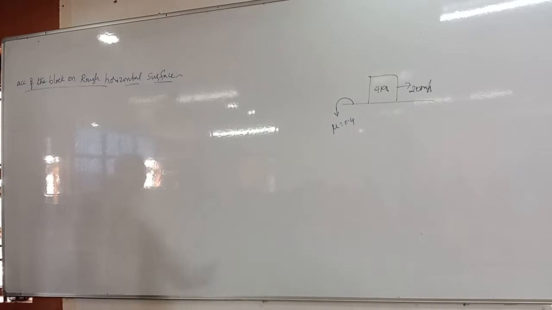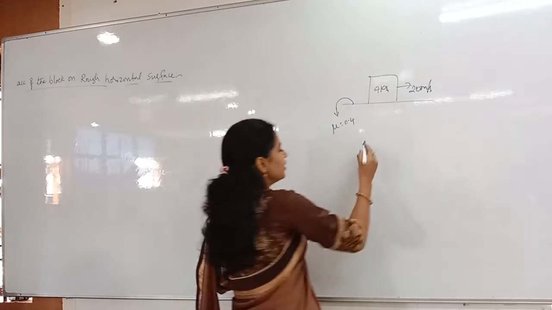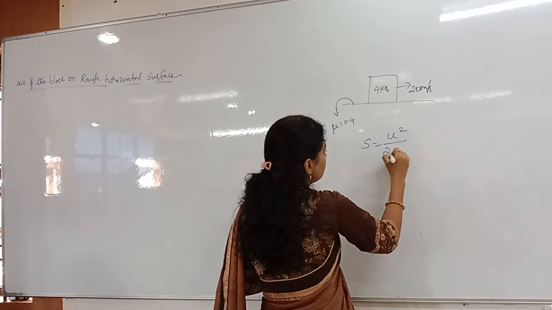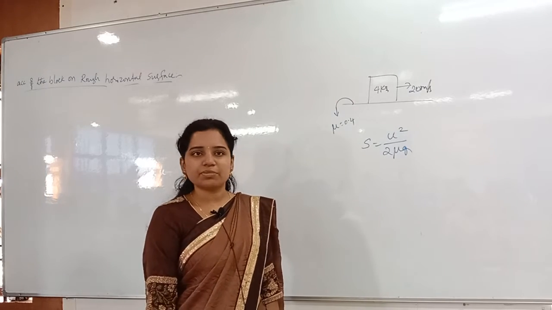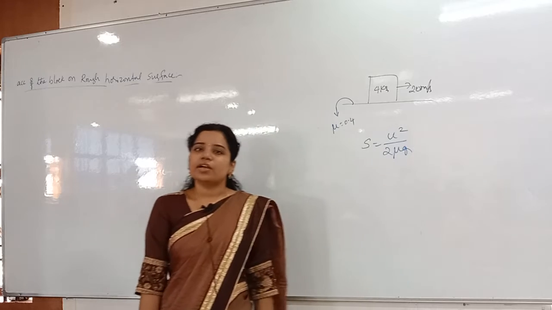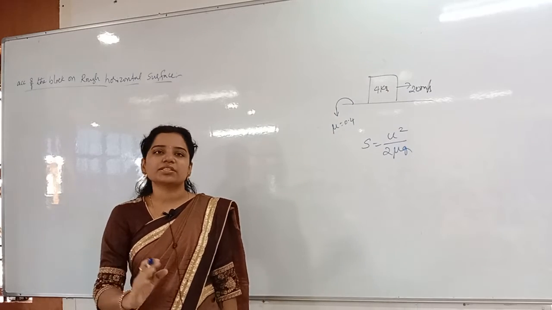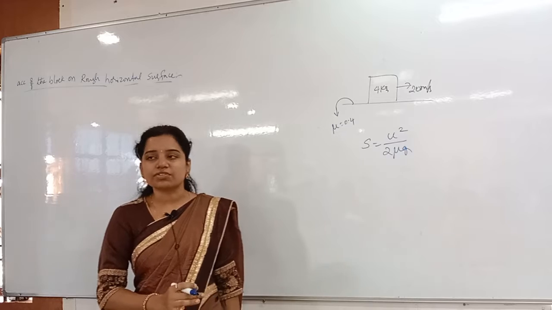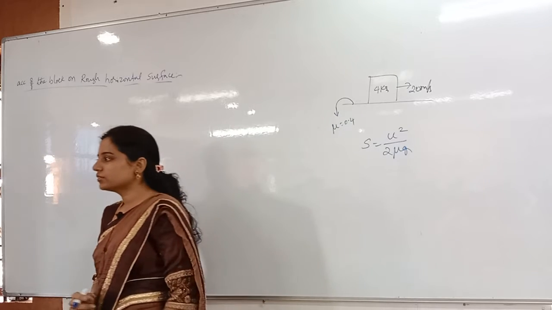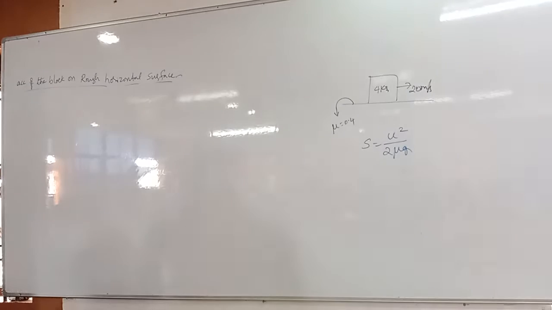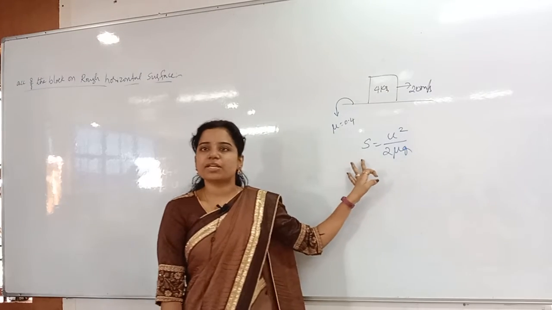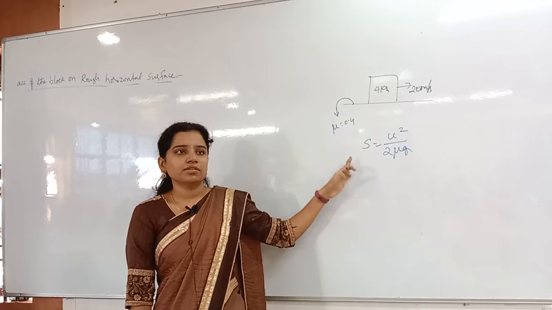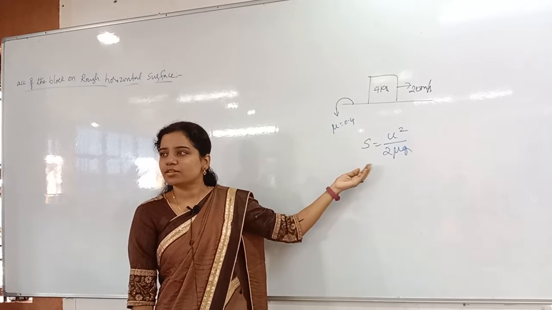What is the formula for s? The distance traveled is s is equal to u square by 2 mu g. This is the formula, right? Substitute in that directly. What will you get as the answer? 50 meters. After that, I have given the time, no? You just take the time relation, s is equal to ut plus half at square. Check with that. Are you getting the answer for that? By this one, everybody got 50? Everybody? Are you getting the answer or not, by substituting these values?